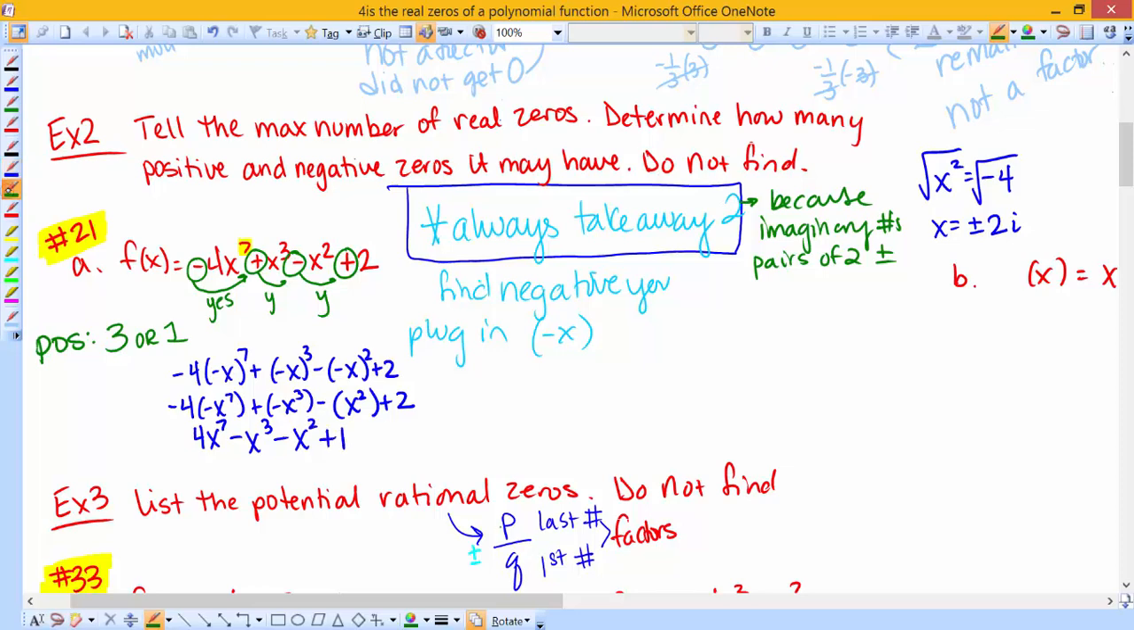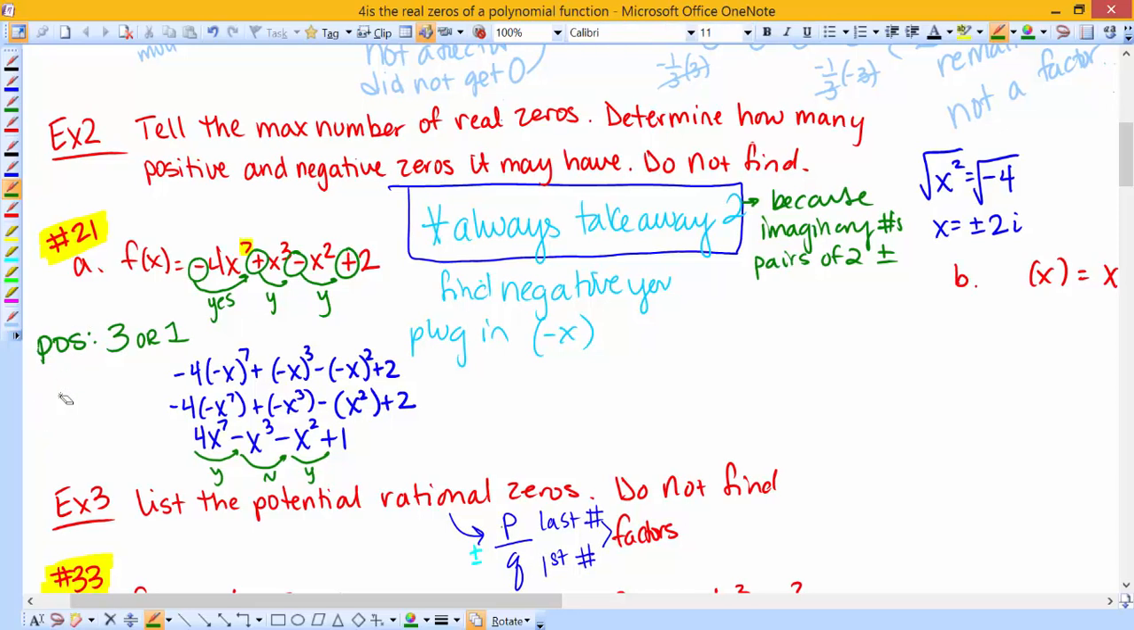So I'm going to check sign changes again. Positive to negative, yes. No. Yes. So I saw 2 sign changes here. So for the possible negatives,